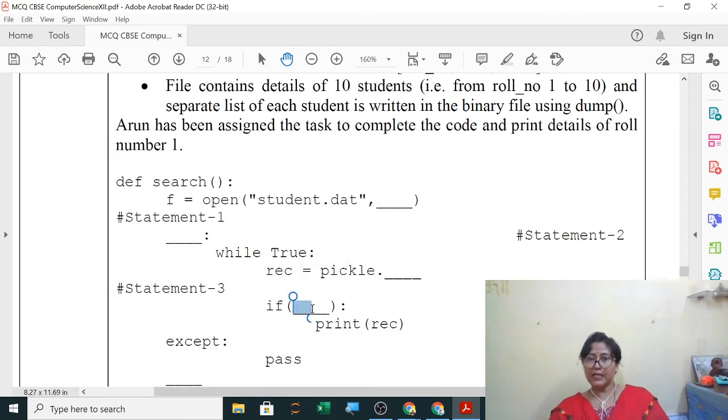If anybody can tell, he will get 95 plus in board exam. Anybody can tell this statement? It is very easy. Roll number 1 you have to search. You have loaded in rec.